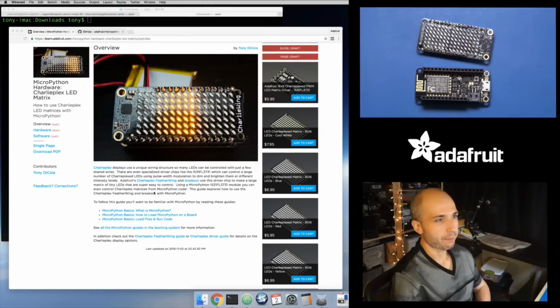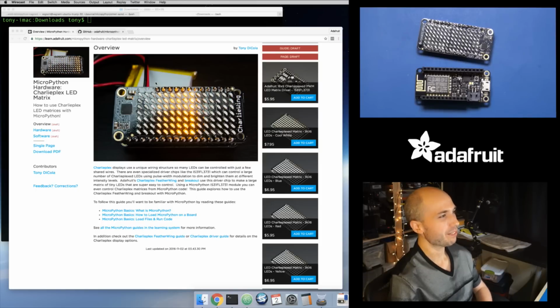So the guide, the first page just talks a little bit about what it is. Like I mentioned, Charlieplexing, a really interesting way that you can control a lot of LEDs just using a few different digital input lines. So, you see this grid of LEDs and you might think like, okay, there's 15 by 7, so that's like, I don't know, almost over 100 LEDs or close to 100 LEDs on here. And so do you need 100 digital input lines on your microcontroller to make that work? I mean, that's one way you could do it. But that's going to require a ton of input,